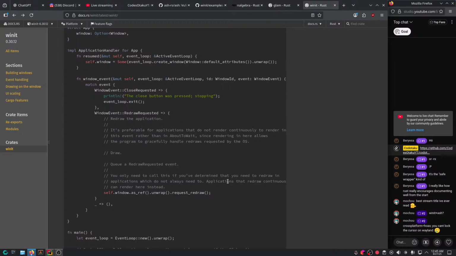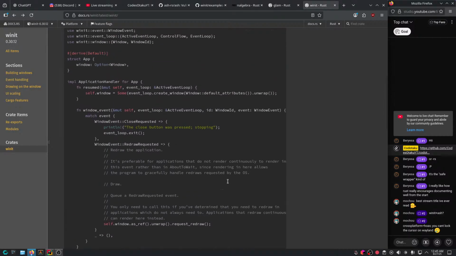Cross-platform equal hoax. You can't lock the cursor on Wayland. I mean, it is true. Like, cross-platform really sucks. But to be honest with you, native isn't really that much better to some degree. Like, creating a Wayland application from scratch is not the easiest. At least X11 was kind of manageable, although it kind of sucked. But it was manageable.